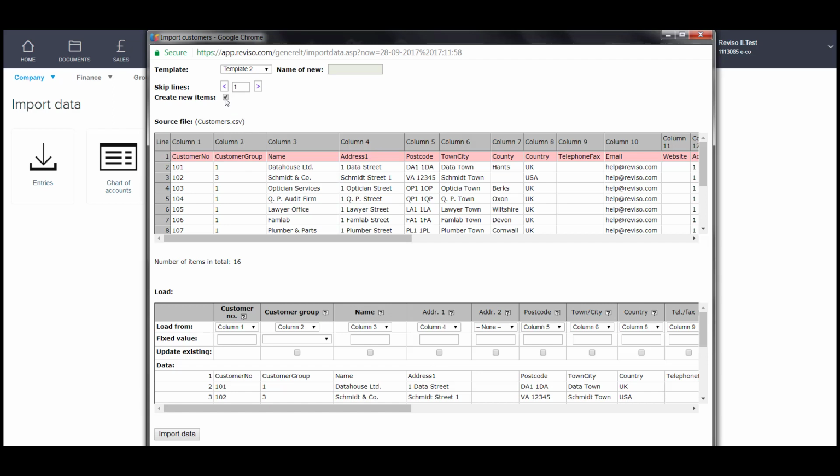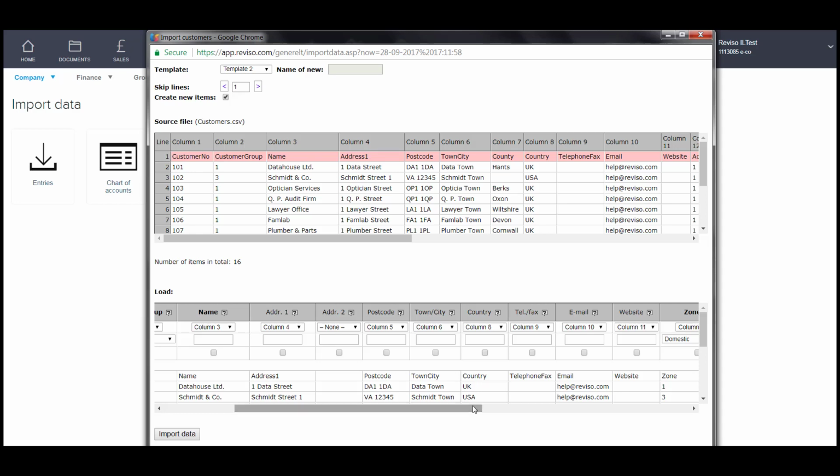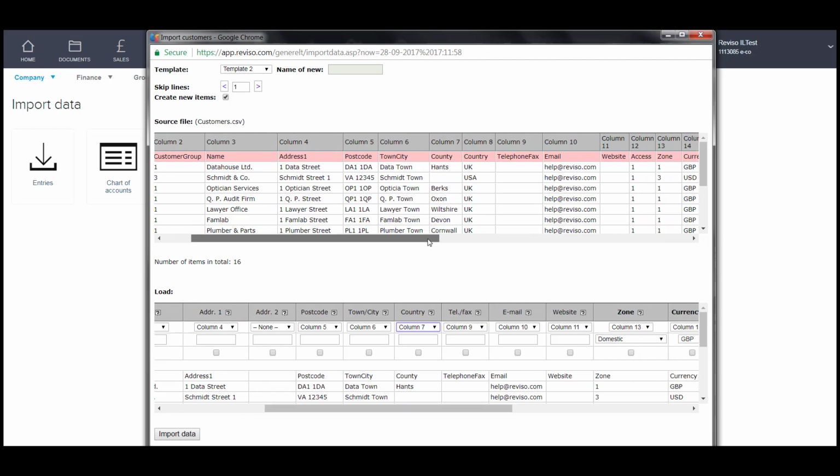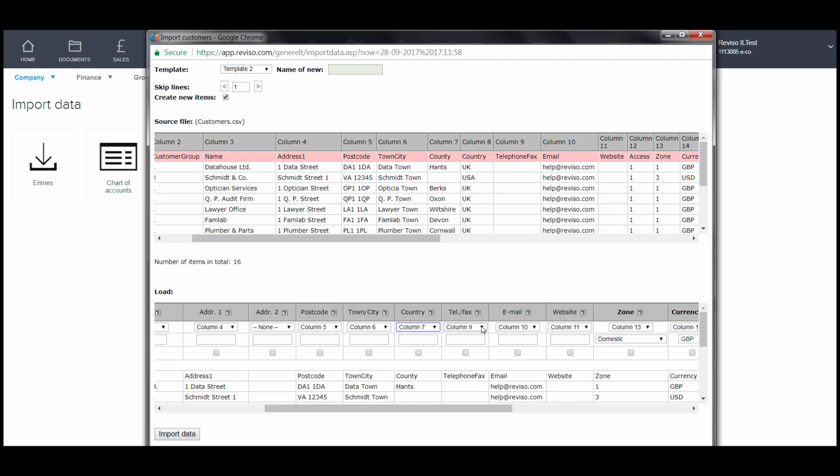So basically what we're going to do is map the columns. So customer number is column 1, customer group is column 2, name is 3, address is 4. So we're just checking address 2, postcode is 5. Let's just move along a bit. Town is 6, county, country is 8, and telephone number is column 9, and email is 10, web 11,